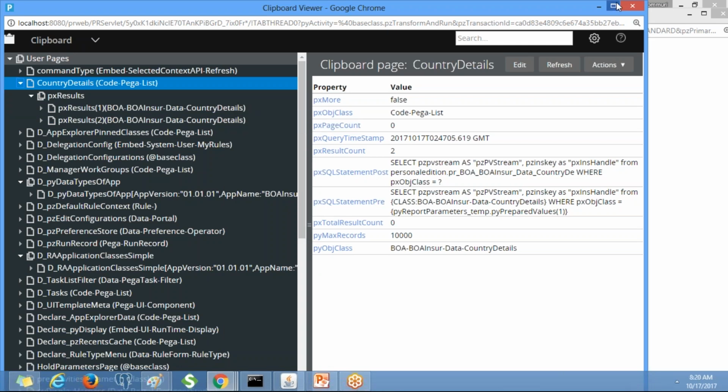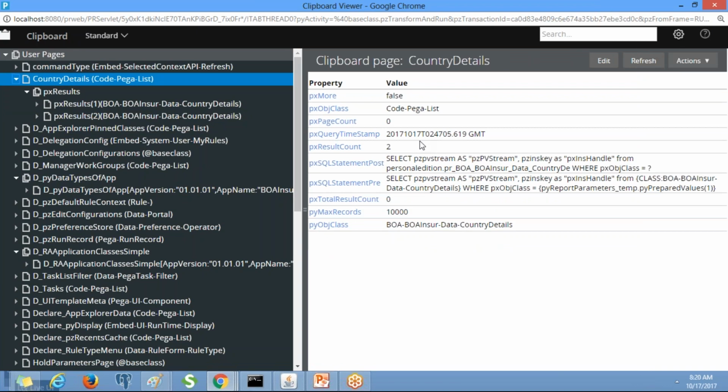For every batch I say it is very important, but when I ask about it later, nobody can tell the classes. So you need to remember this. Whenever we use the Obj-Browse method, whatever page we mention as a parameter, that page will be created by referring to the OOTB class Code-Pega-List. Under Code-Pega-List we will have a px results page list property.